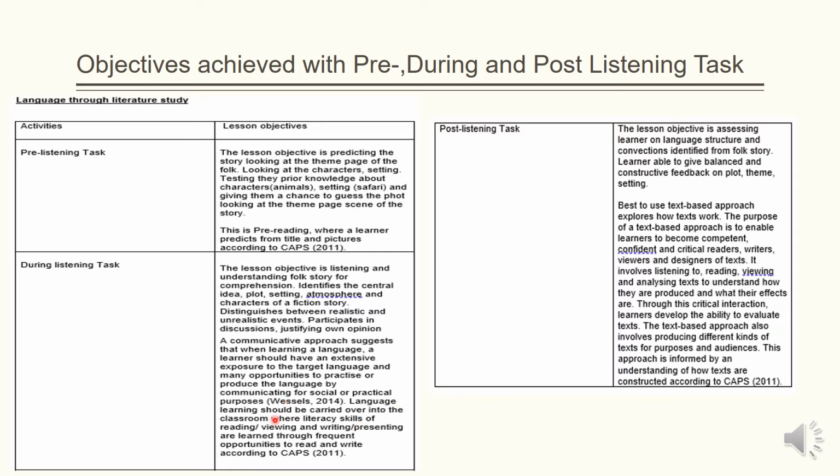So the language learning should carry over in class, where literature skills, reading, viewing, and so on are practiced according to CAPS. So for post-listening, the lesson objective is that the learner is assessed on language structure and on identifying